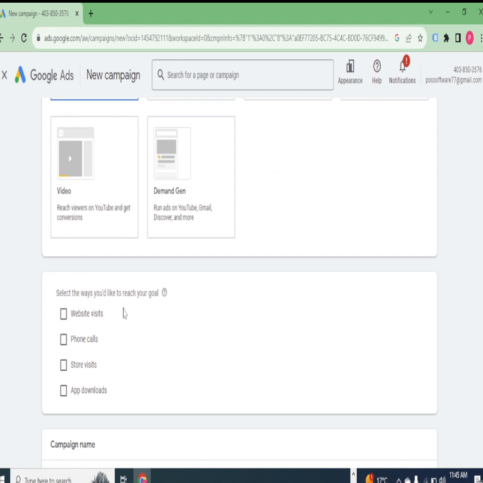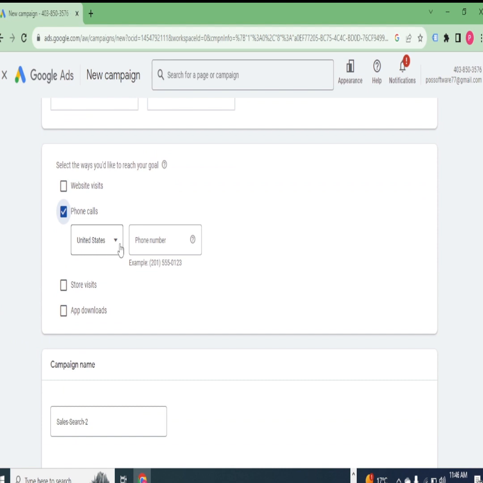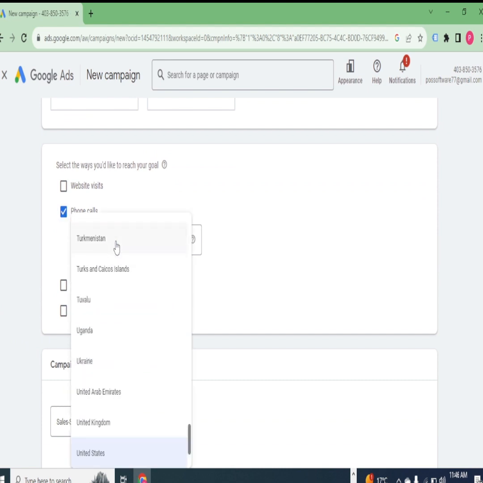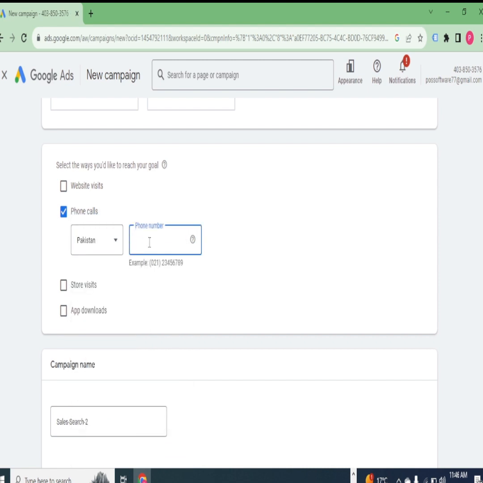And then we select where your customers reach you: visit your website, call you, or visit your store. So we simply want visits or calls, so we give them the number. When we give them the number,